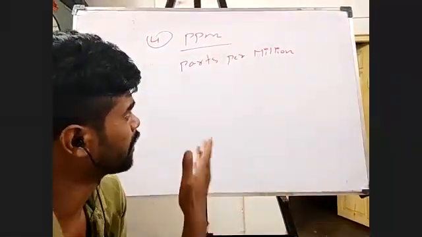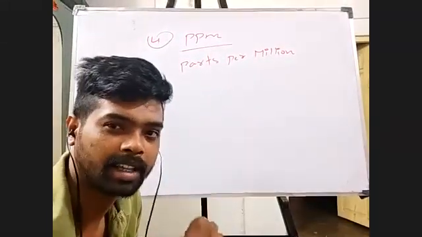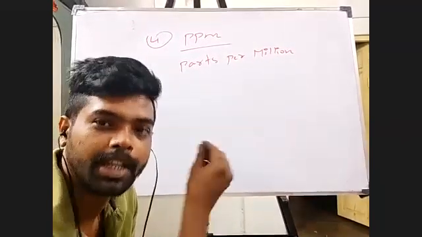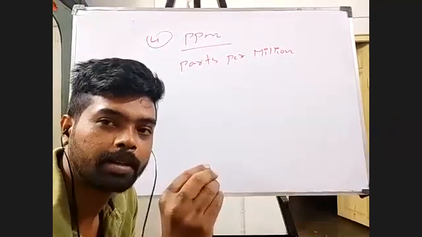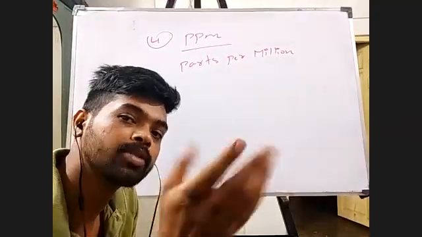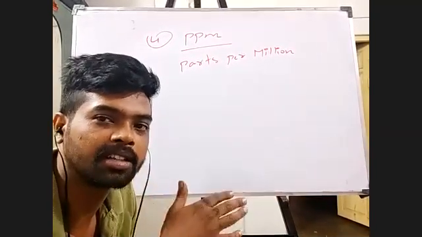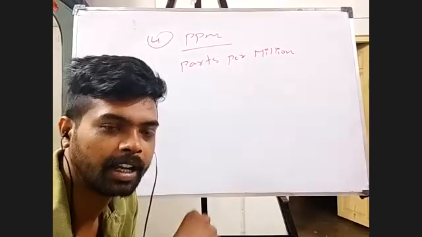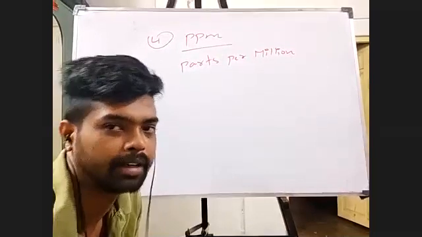So can I say this is very, very similar to my mass percentage? Like, what did I say there? It is the mass of solute present in 100 grams of the solution. Here, if I speak in terms of solution, it is the mass of solute present in 10 power 6 grams of the solution, isn't it? So just that the scale is increasing now. In case of mass percentage, the scale was from 0 to 100, right? Here the scale is from 0 to 10 power 6. That is the only difference, right?